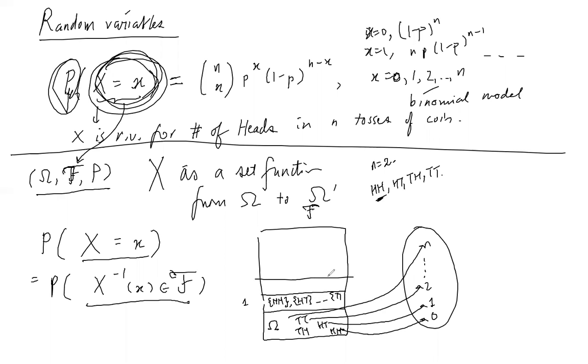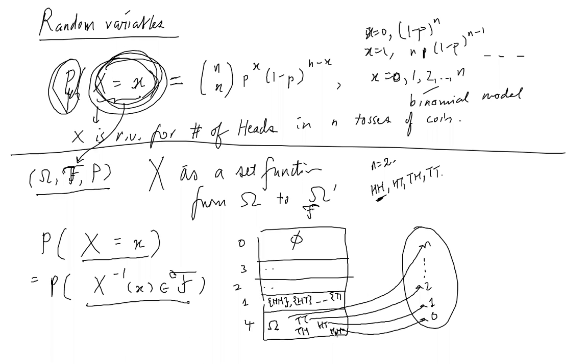Then you have collections with 2 elements, collections with 3 elements, and collections with 4 elements, which will be here. And then of course you have collections with 0 elements, which is your empty set. So of course you can list them down. So now we understand that when we say big X equals small x,